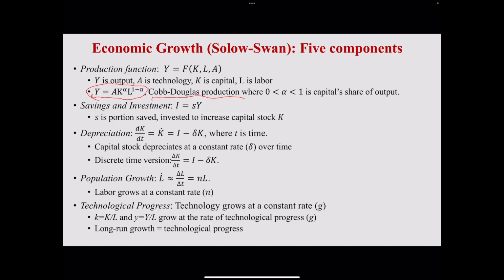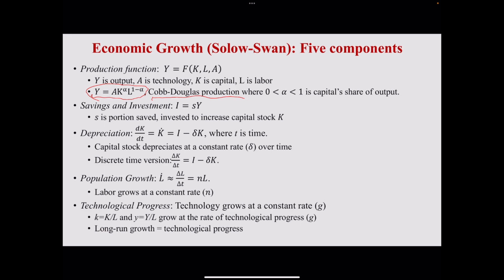I still have this wrong. It is additive: log A plus alpha times log K plus (1 minus alpha) times log L. We also have savings and investment. I equals little s of Y, where s is the proportion saved, and it's invested to increase the capital